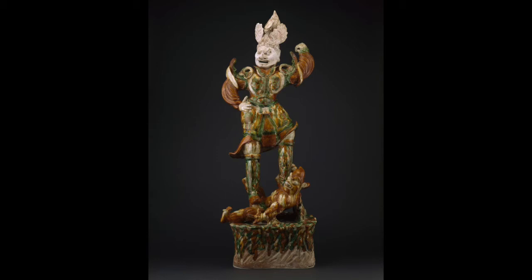But then you look at these wonderfully colorful glazed figures. The technique is called sancai, S-A-N-C-A-I, sancai glazing, which literally means three-color. So the three-color glazing technique with this real, almost modern, like Jackson Pollock way of applying the glaze, how it trickles and drizzles down, splattered on, using a wax resist to help control where the glaze is applied. They put some wax on to make sure the glaze doesn't cover those regions. But then during firing, that wax melts, and so it trickles and pulls the glaze down, creating this wonderful pattern